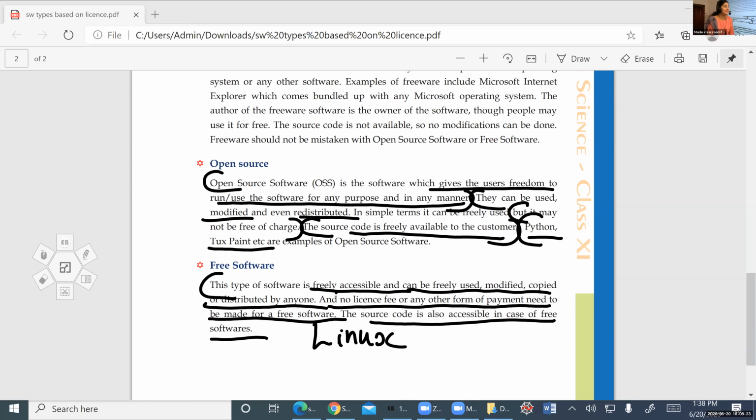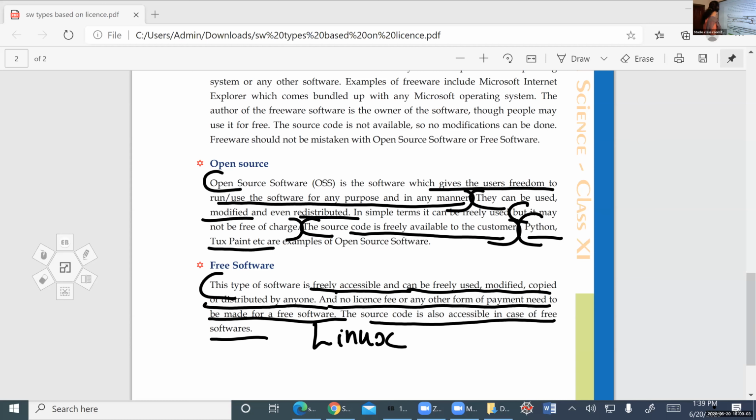That is why you can see these pages .org, python.org. That means they are non-profit organizations. .com means paid; there will be advertisements. It's not free. So a non-profit organization uses .org. Linux is .org. If you are downloading Python, you have to download it from python.org. That is free. The non-profit organization extension is .org. Okay? Clear? Any doubt in this?